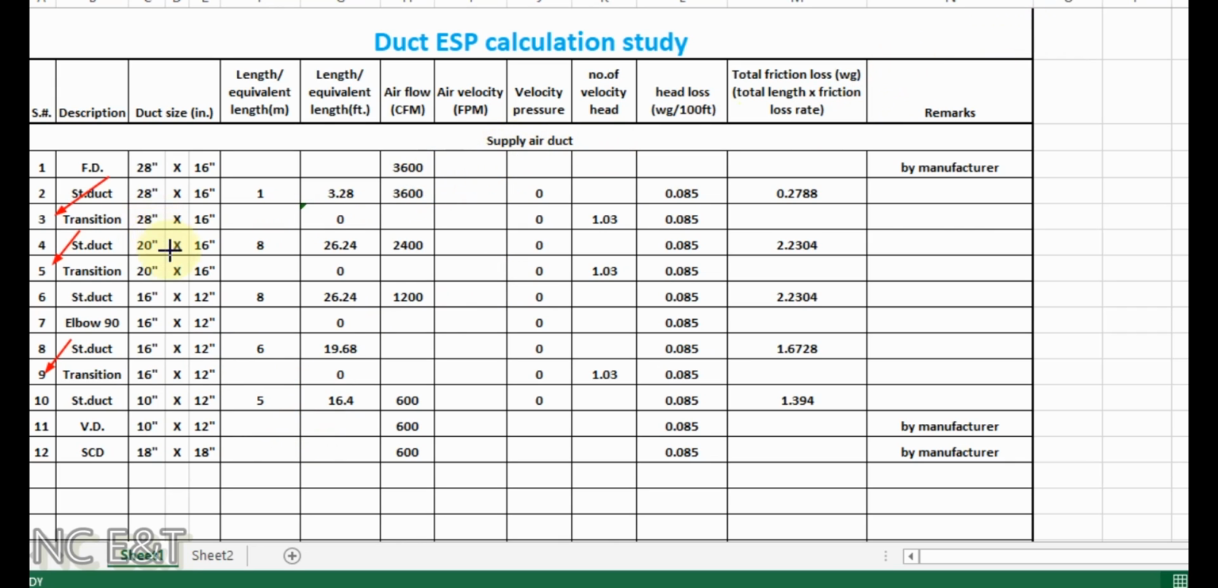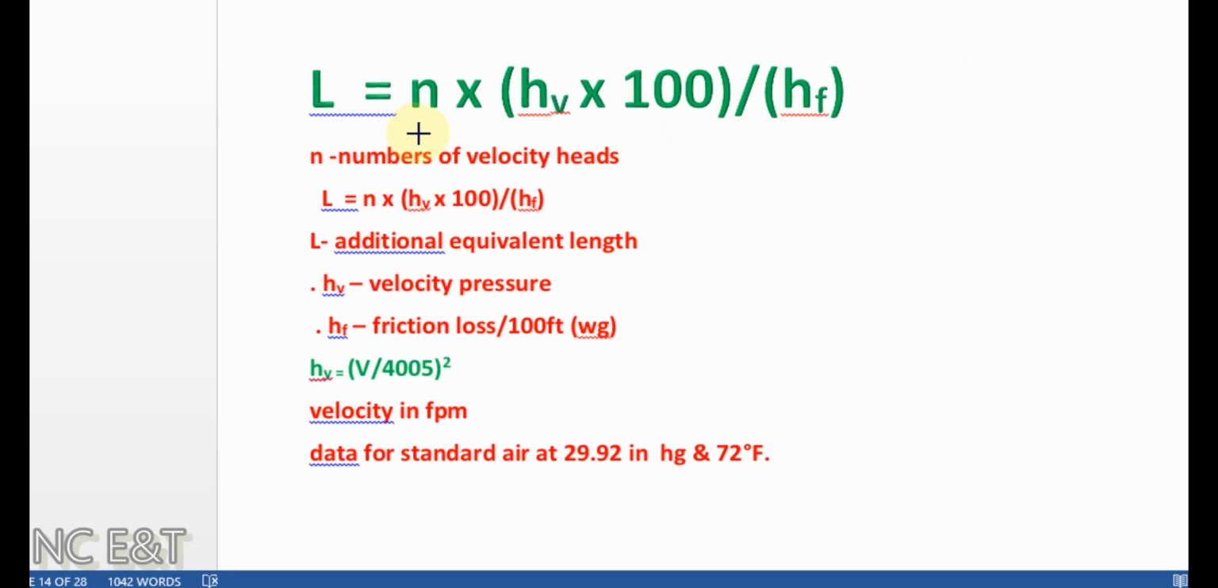Items number 3, 5 and 9 are transition pieces, and for the calculation of equivalent length for these transition pieces we will use the formula L = N × HV × 100 / HF, where N is the number of velocity heads, L is the equivalent length for these fittings, HV is the velocity pressure, and HF is the friction loss per 100 feet in water gauge. We can calculate velocity pressure by the formula HV = (V / 4005)², where velocity is